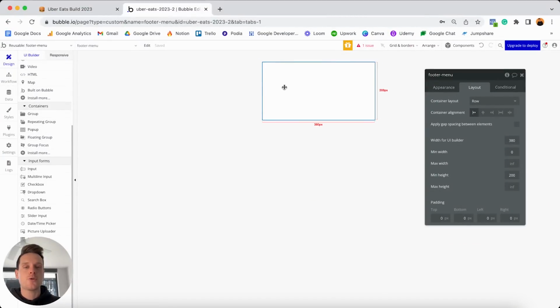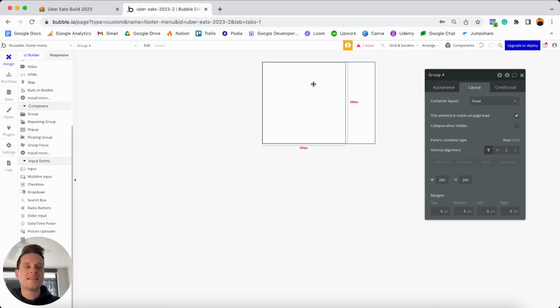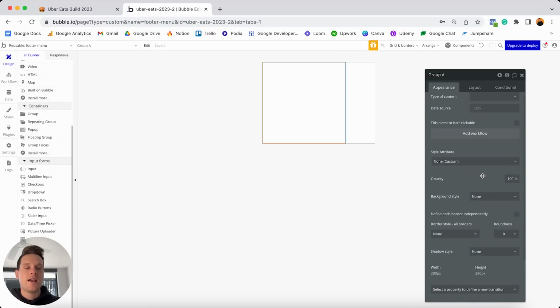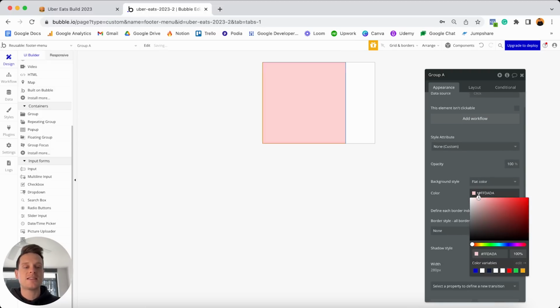we're going to start by adding yet another group into our existing floating group. So if I head to my containers menu, I'm going to grab a group element. I'll add this in. And the very first thing I'm going to do for this group is actually jump to my appearance tab and choose to detach the style of this. And the reason for that is because I'd like to give this a flat background color. And I'm going to set this to be a light shade of red,